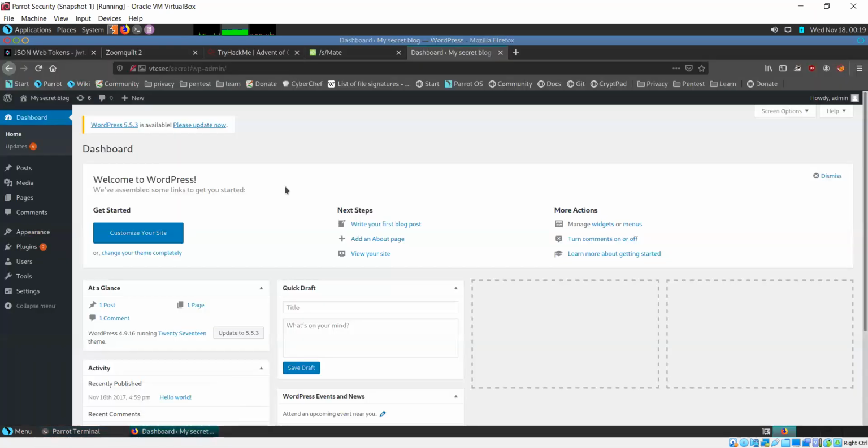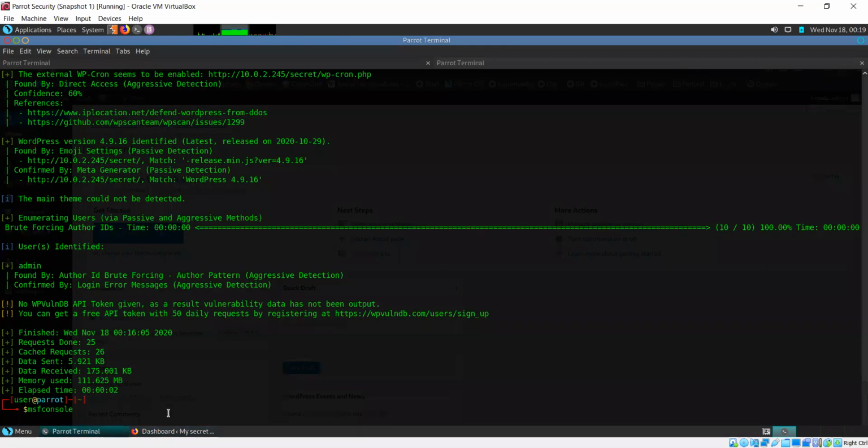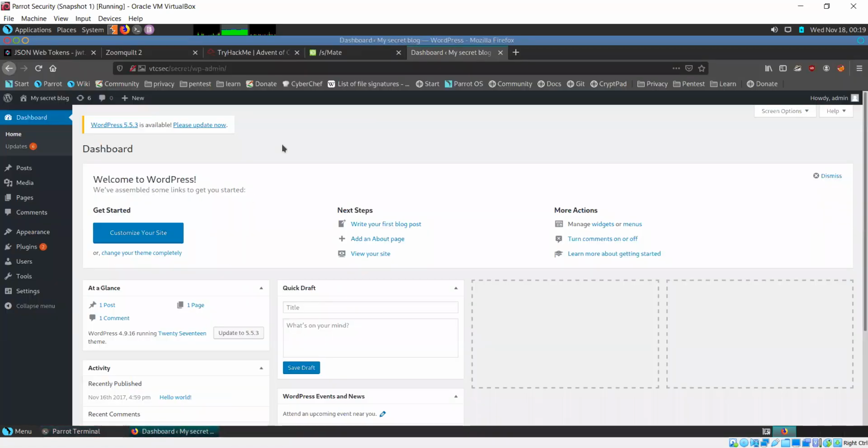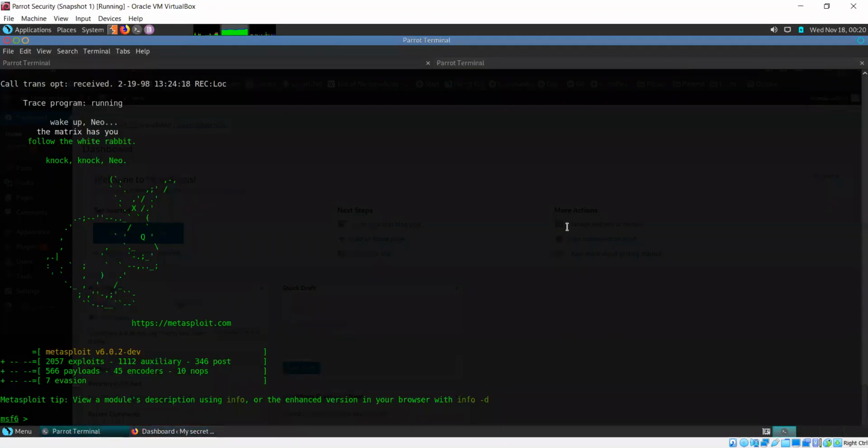There is another method that I'll show you after that, which you can use to target this thing. Okay, so it has opened.